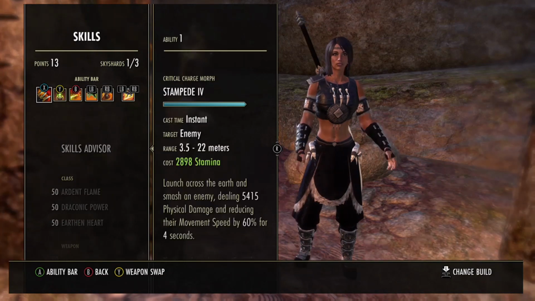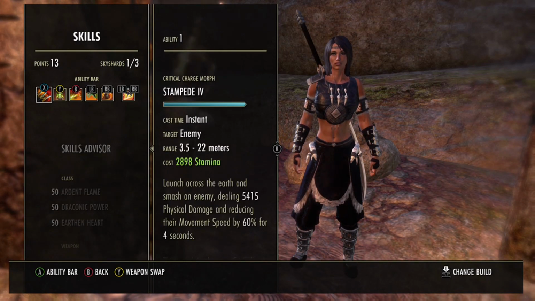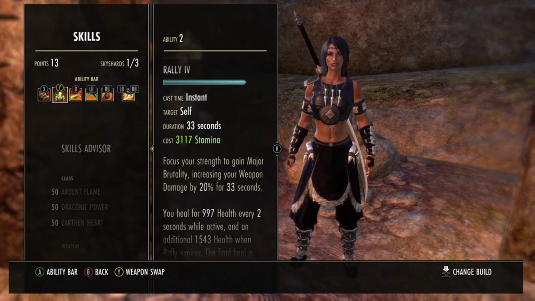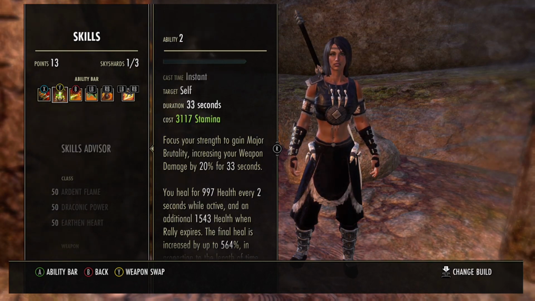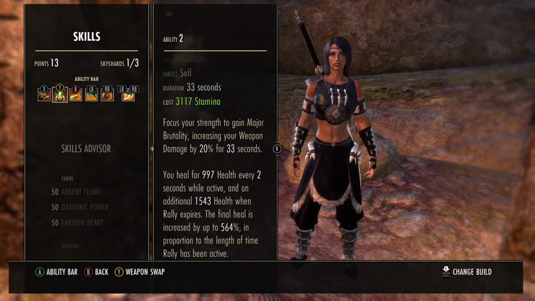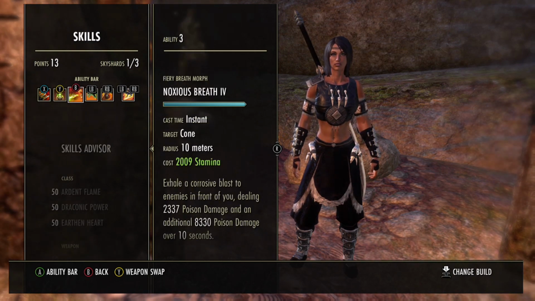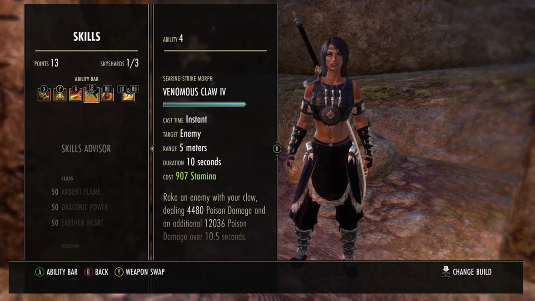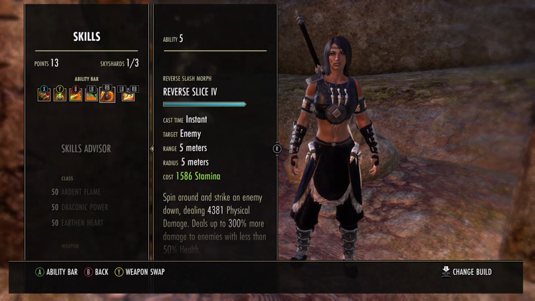On our front bar, Stampede to gap close. We're not particularly fast, so gap closing on our enemies can really help. Then Rally for a major vitality, and our heal over time, and our big boy burst heal when the effect expires. Then Noxious Breath to put some penetration on our targets and a small dot. Then we have Venomous Claw, big boy dot right here. Really strong, really adds up the pressure. And then Reverse Slice to